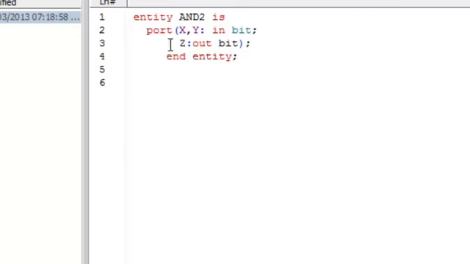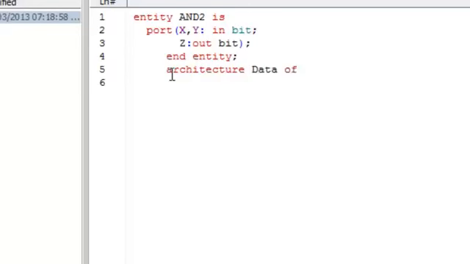After this you have to declare your architecture, which tells about the working and the interconnection of your entity. For that you have to use the keyword architecture. Give the name to your architecture. In this modeling I am using the data flow style, so I will give the name of the architecture as data.